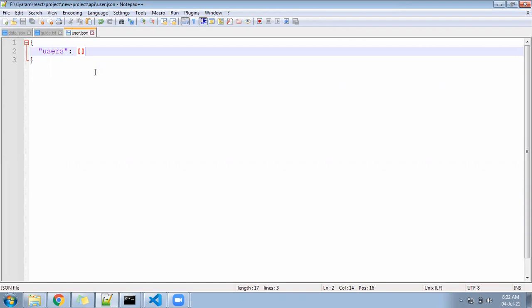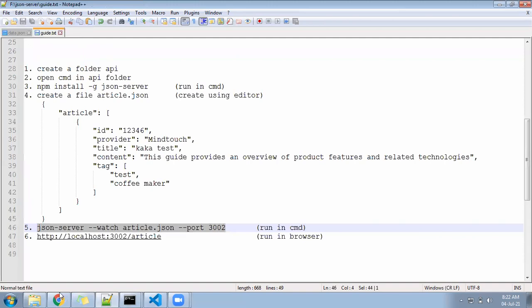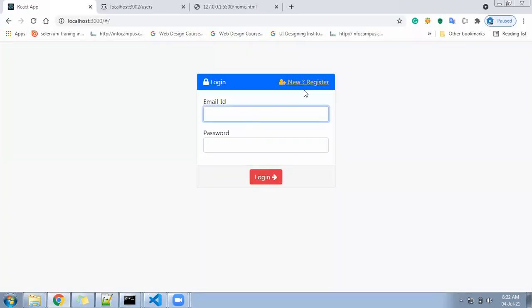Okay, now we will come back to it. I have deleted all my data. Whenever you are writing data to a file, this file should not be open. It should be closed every time. So I closed it. Now I'll go to my page, and you can also delete all your data and try.